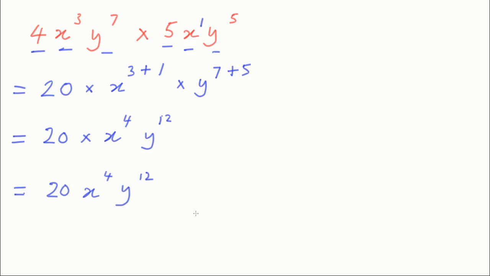And voila, there it is. That's how you do it. Just pick out your numbers first and then pick out the like terms and add the powers together, and then that's how you do it. So not as hard as it looks is what I'm trying to say. So it's just really knowing what to do,